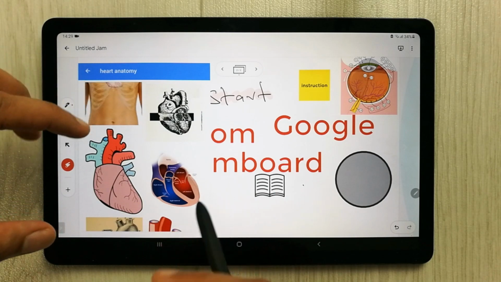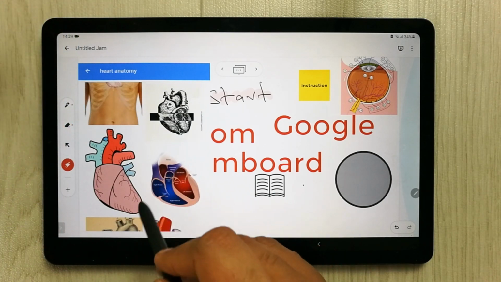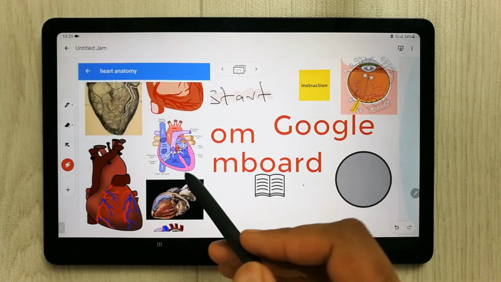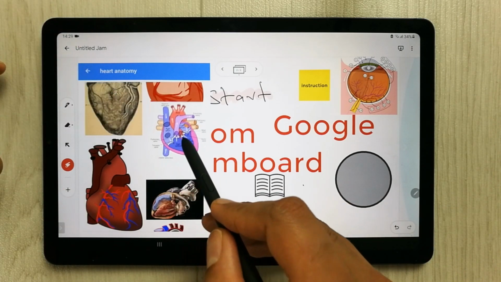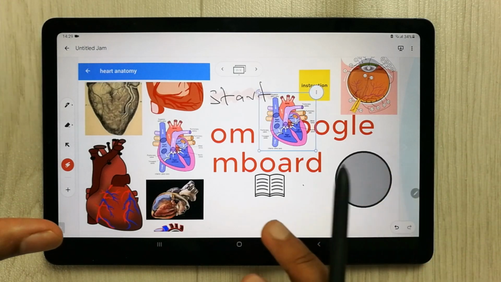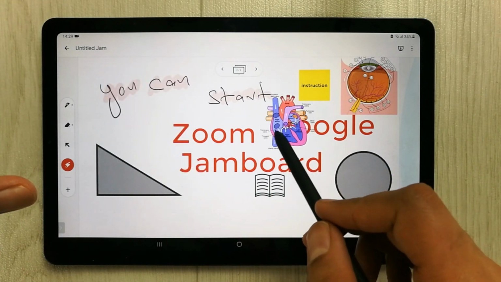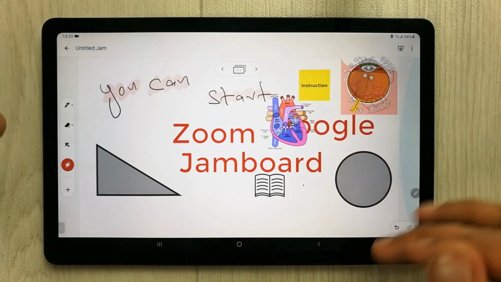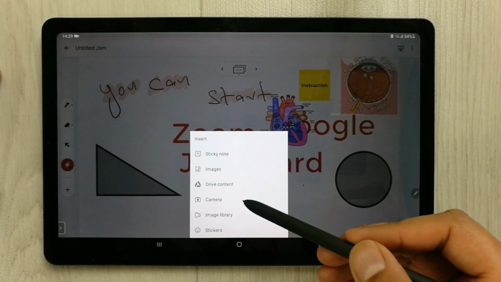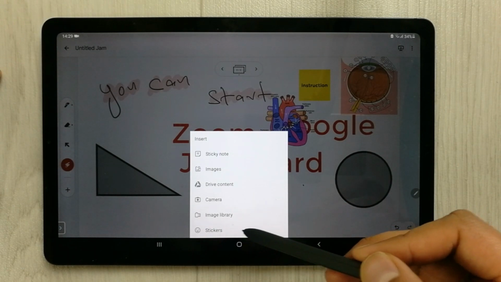This search is from a Google search, guys, so this is really important. If you want to insert the image into your Jamboard, simply select it and then you can simply drag it. So this is a very simple tool with all the options available. If you want, you also have the option of a camera, image library, and stickers.